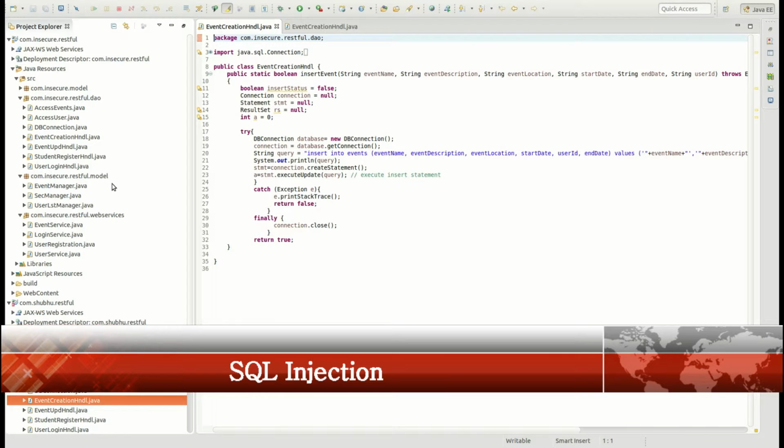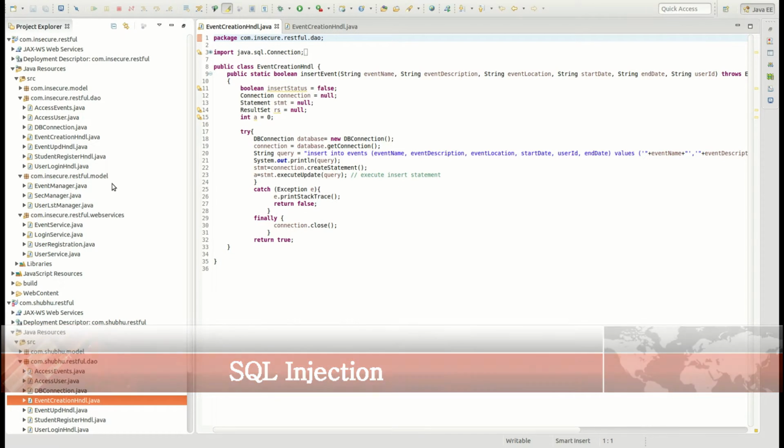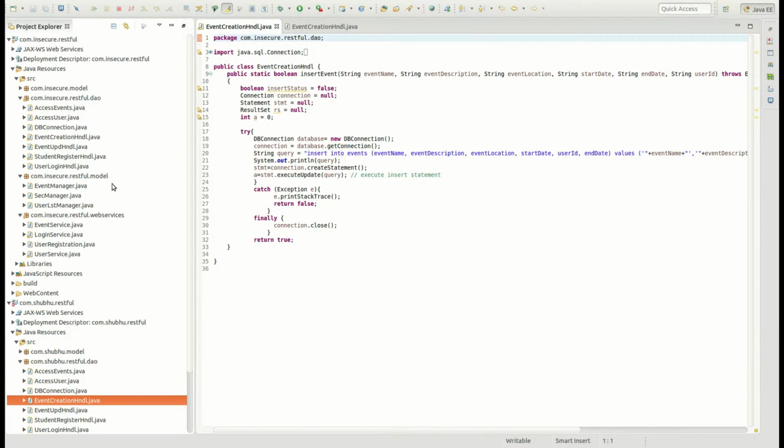So now we are going to look at how we have cleared the flaws and the vulnerabilities that were present in the insecure version of the code. The insecure version of the code is named com.insecure.restful, and the secure version is com.shubu.restful. So first of all, we will see the